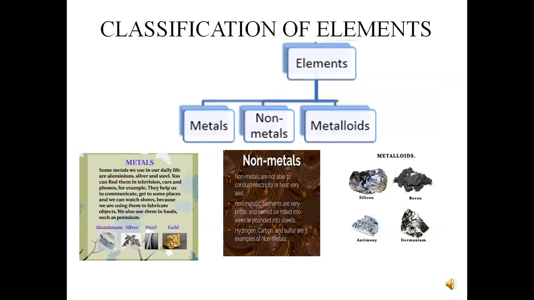Next, non-metals. Non-metals are generally dull and soft. However, diamond is shiny and also the hardest natural substance on earth. Non-metals can be gases, solids and liquids. Non-metals such as oxygen, hydrogen and chlorine are gases at room temperature. Metals are shiny and hard, but non-metals are dull and soft. Third one, metalloids. Metalloids exhibit the properties of both metals and non-metals. Silicon, antimony and boron are some examples of metalloids. Metalloids have both metal and non-metal properties.